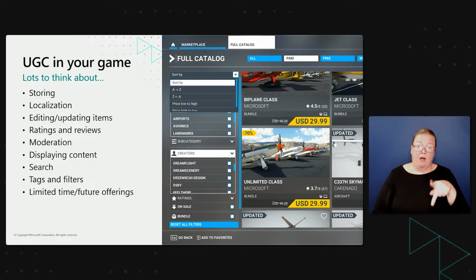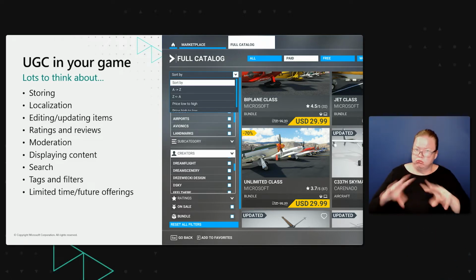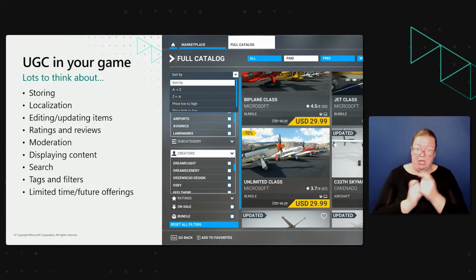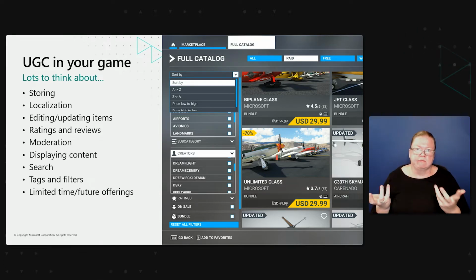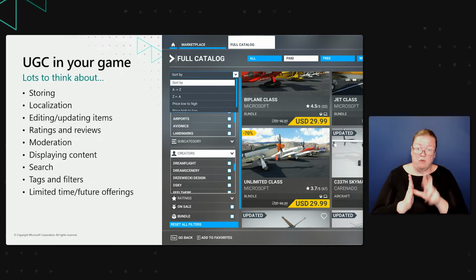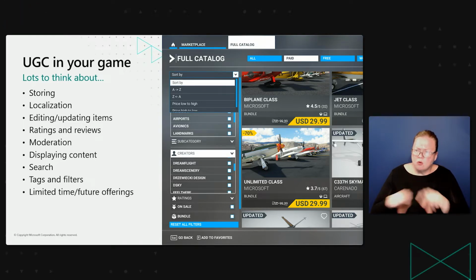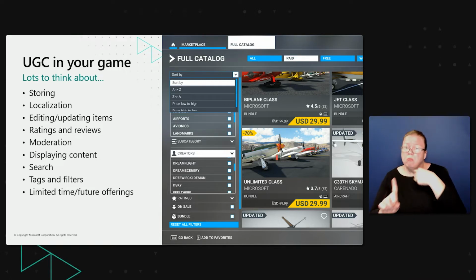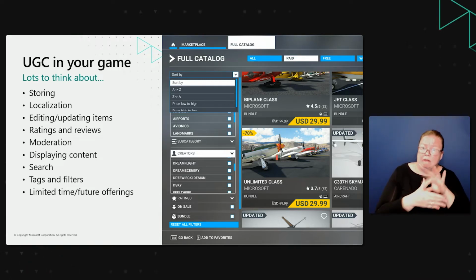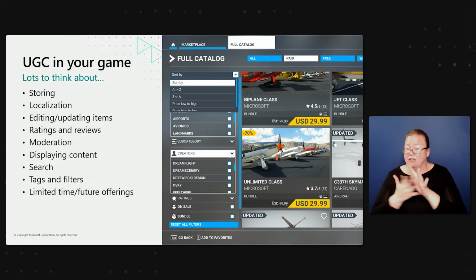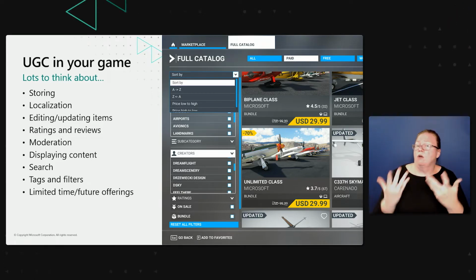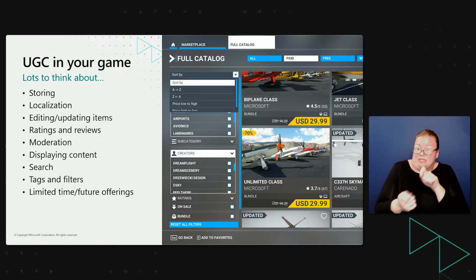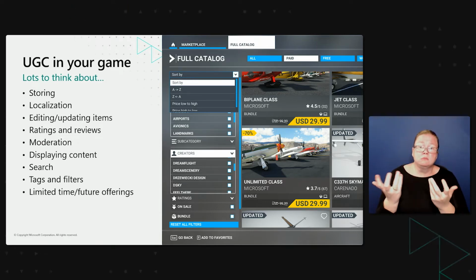How do you handle updating of items? So if someone wants to push an update to change a plane or change a piece of content, what does that mean? Do you want to support ratings and reviews? Moderation, how do you want to display it? We talked about this dual view that's really important for both having that search view as well as that detailed in-content view. Tags and filter. There's also this idea of limited time offerings, whether you want content to specifically show up at certain times. All of these things are important to think about when you're trying to add a UGC system,